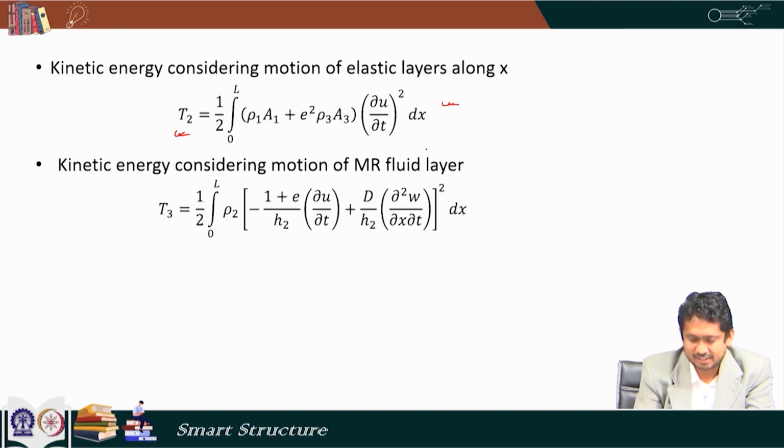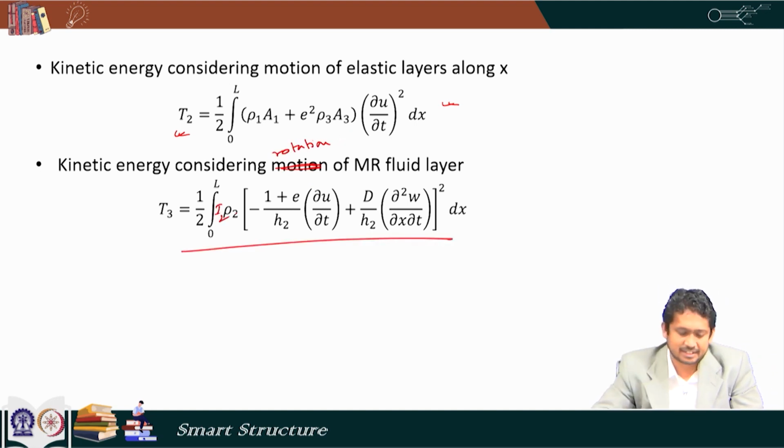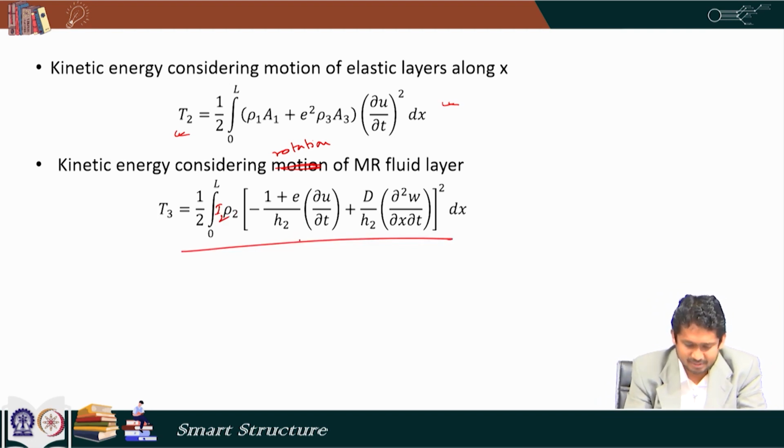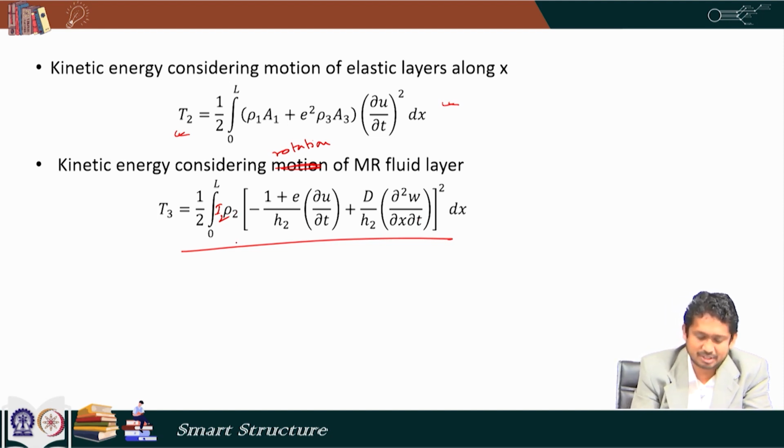So, these are the kinetic energies due to the extension of the layers, and then we have the kinetic energy considering rotation of the MR fluid layer. So, it is rotational motion. So far we have neglected the kinetic energies due to rotation, but here it is incorporated. It can be neglected also if the layer thickness is small. Now, here again I2 is the moment of inertia of that fluid layer with respect to its own centroid, and